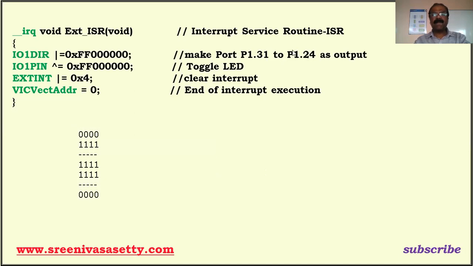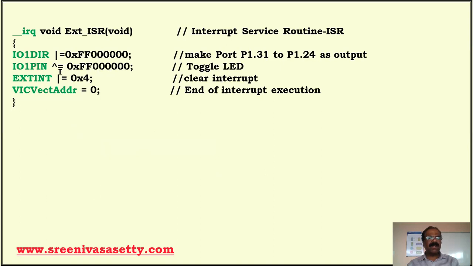Understood this point? After completion of this job, which happens within a fraction of a second, we have to clear the interrupt, which means the request is serviced. Otherwise you'll claim that your request is not serviced. So after servicing the request, we have to clear it by writing this statement. I already explained this.